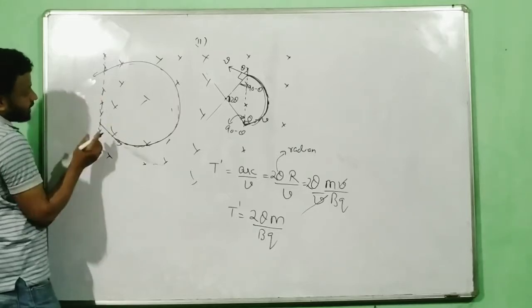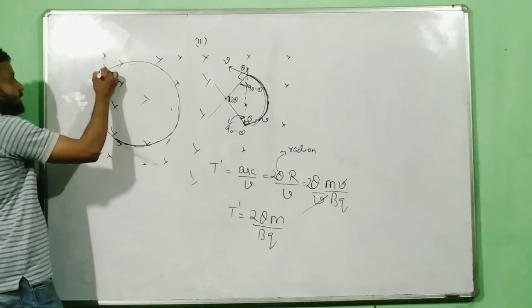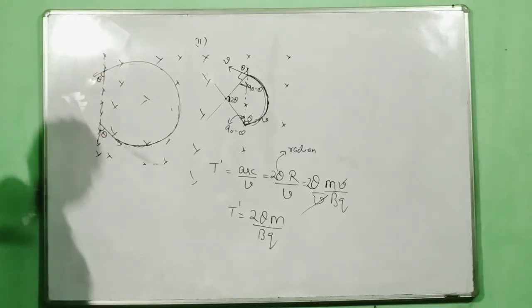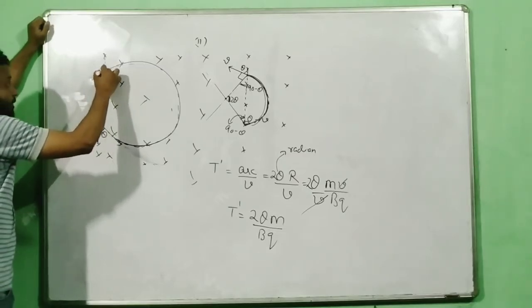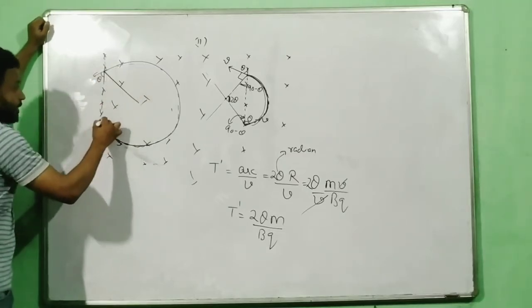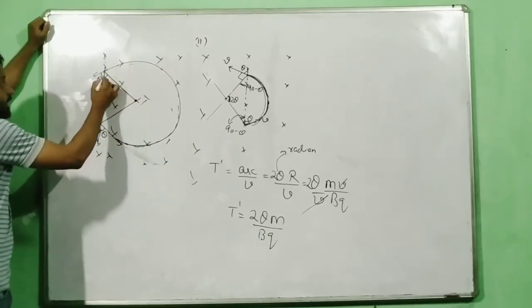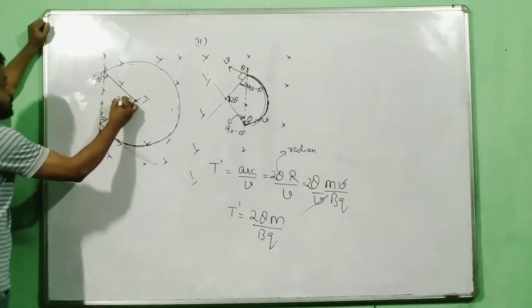So the way, let us say this is my acute angle. If I consider this angle to be theta, so this angle will also be equal to theta, the acute angle. Okay. Same logic. Now I will draw a perpendicular here and a perpendicular here. So this becomes my center. If this angle is theta, this angle becomes 90 minus theta. This angle becomes 90 minus theta. So this angle again becomes 2 theta.